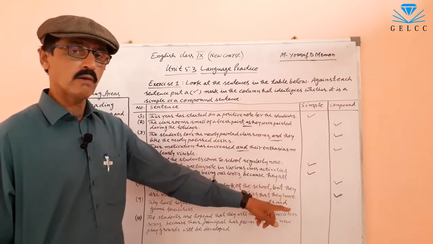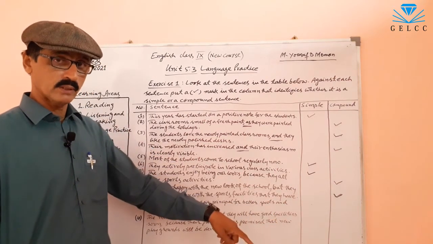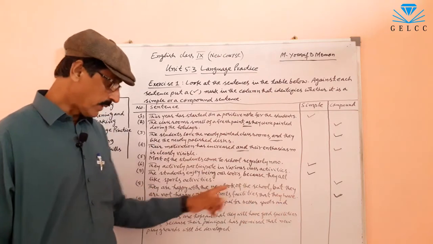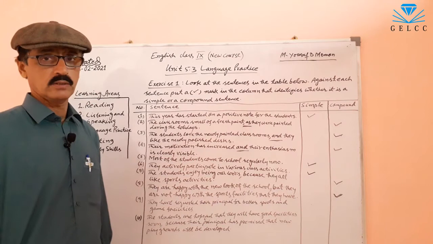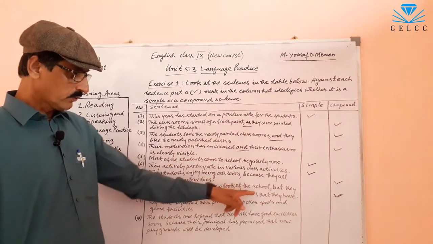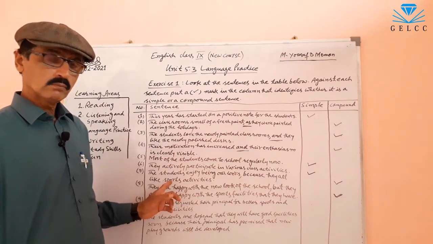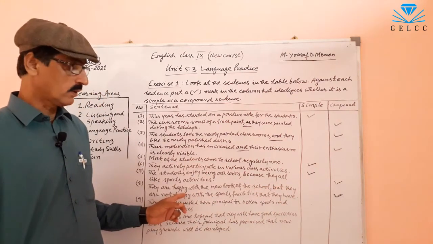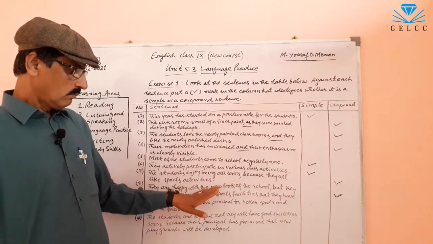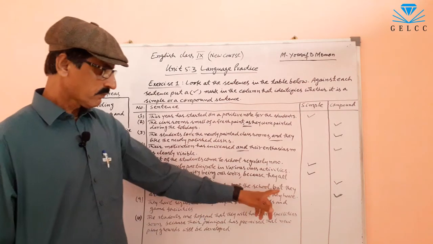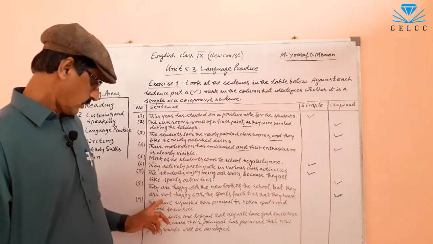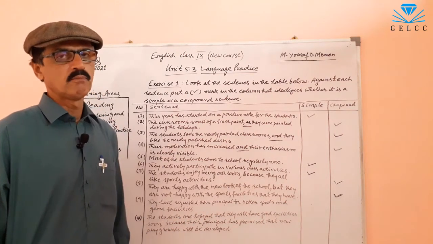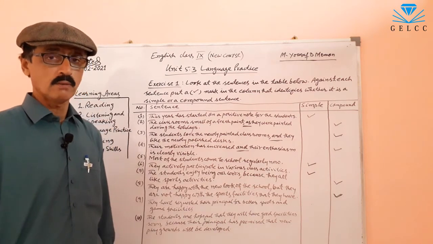But that they have, it is another sentence, number 3 sentence. But that they have is dependent on the second sentence. So the first sentence is independent. The second sentence is also independent. If we say they are not happy with the sports facilities that they have, it is a complex sentence, not a compound.